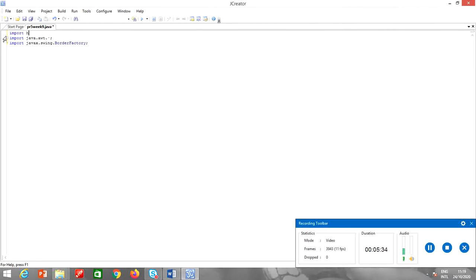Import javax.swing.JFrame. First of all, I will include all the swing classes. I need JLabel, I need JPanel. What else do I need? I need border also. So I have border.*